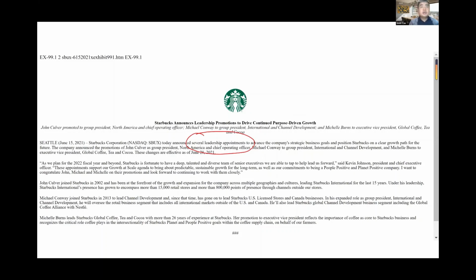The news is about two things. Starbucks changed their leadership, so they have some leadership changes, and Starbucks is also talking about strategic business goals and positioning, a strategy change at Starbucks. Because the news was not classified in any of the previous categories, the company filed the news here. So the news here is about the leadership change and the strategy change at Starbucks.